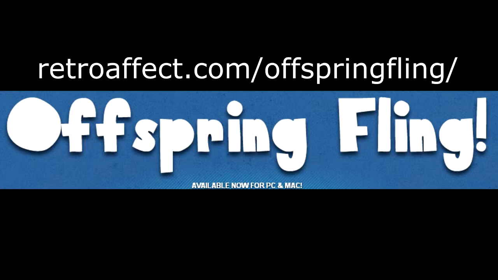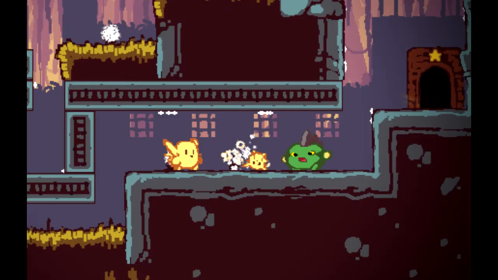The third game that I tried this last week was Offspring Fling. This is another PC game, but is not available on Steam, as far as I can tell, but it is oh so cute. You play as a small woodland creature that kind of looks like